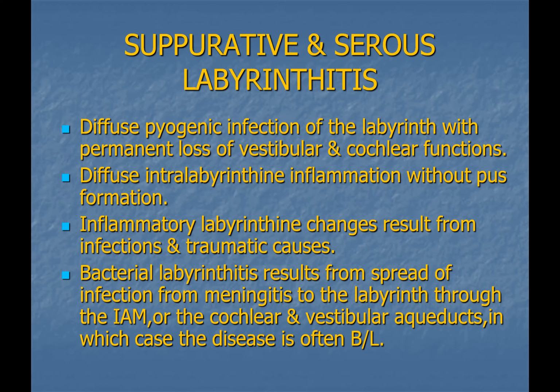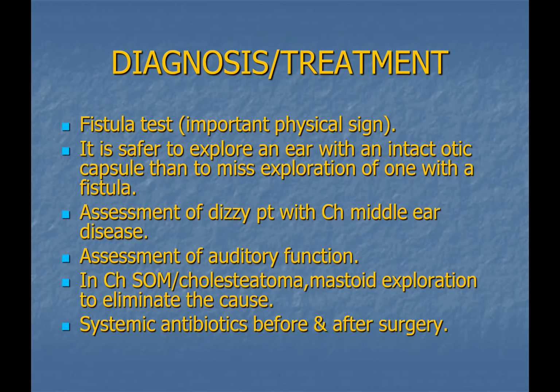That is, these patients are basically admitted in the hospital, and they are given absolute bed rest with head immobilization. They are put on antibacterial therapy, that is the triple regime. The patient is given labyrinthine sedatives like prochlorperazine and dimenhydrinate, and then there is the surgical intervention, if you're planning to do cortical mastoidectomy,